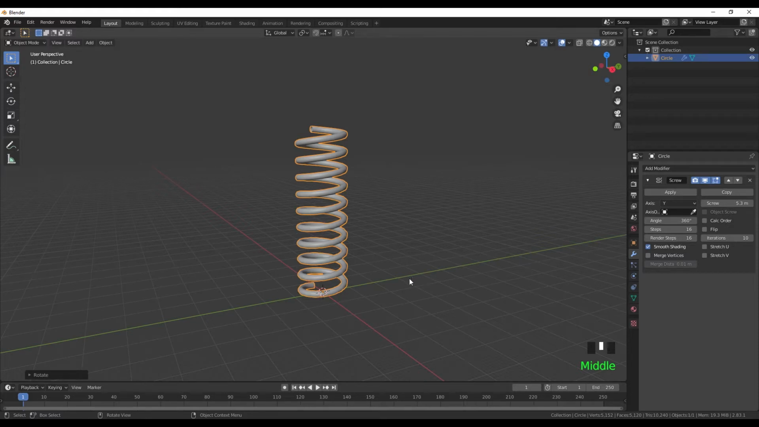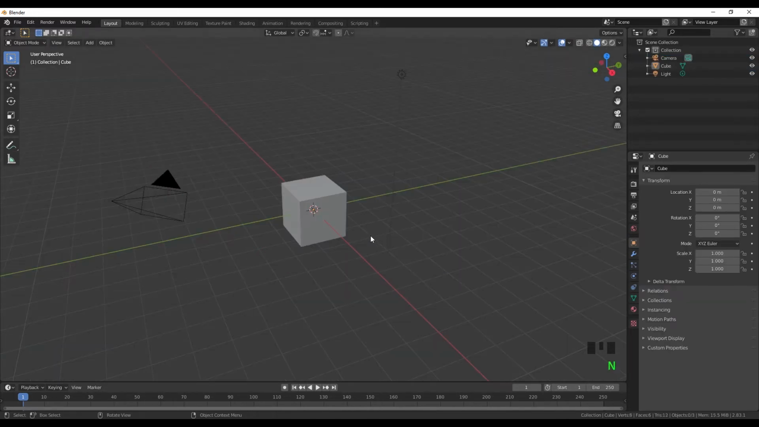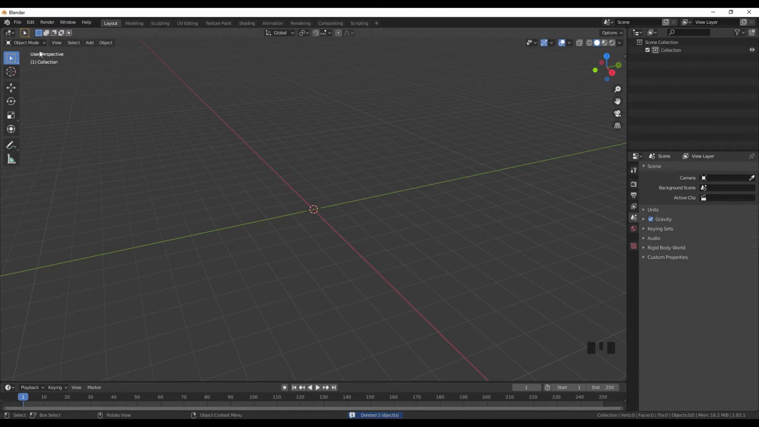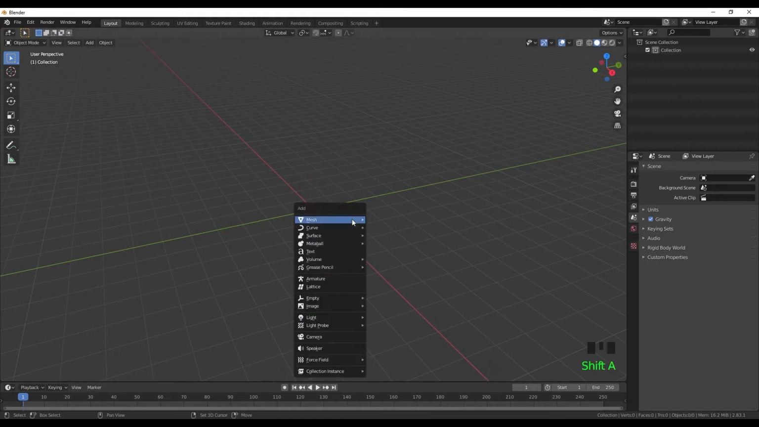So in this video we'll learn how to create a coil just like this one using a modifier, screw modifier. First of all, we'll press A to select all, X and delete. Press Shift A, mesh, select circle,